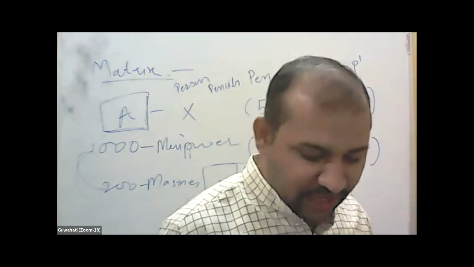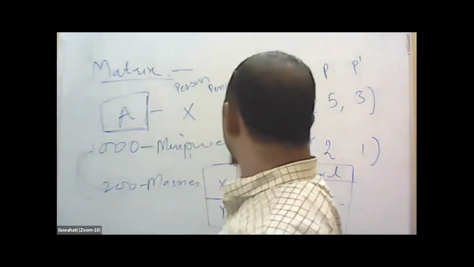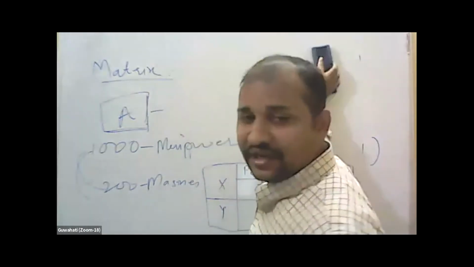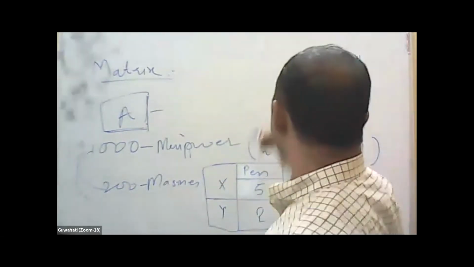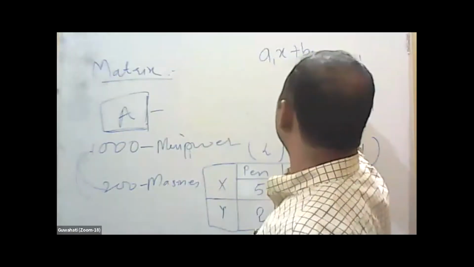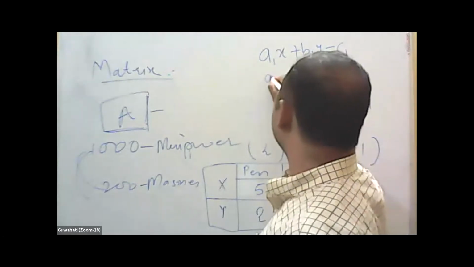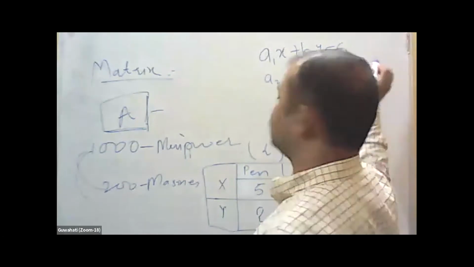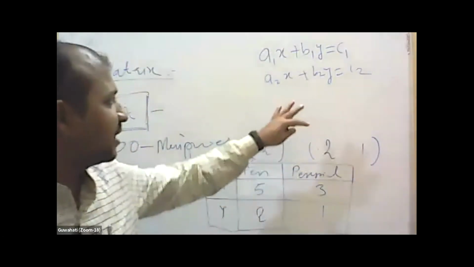So for understanding all such problems, the matrix is used. Now I will move to another kind of system of linear equations. You know the linear equation, right? Suppose this is my linear equation: a1x plus b1y is equal to c1, and a2x plus b2y is equal to c2. So this kind of equation is there, right?